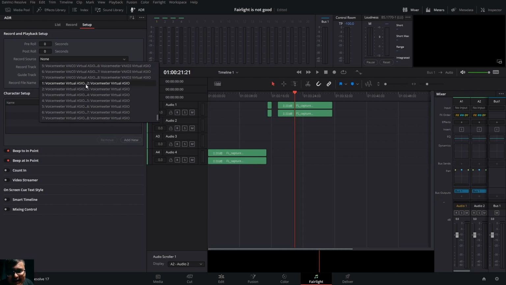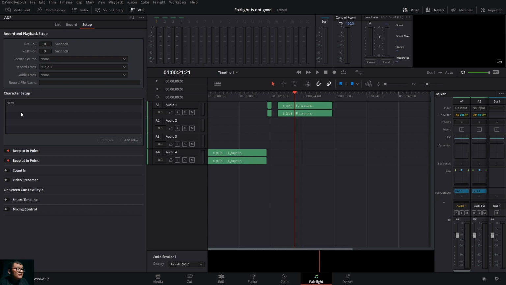But if you are having any interfaces, then it will show like 1 2 3 4 5 6. For example, I have Voicemeeter over here. There might be alternatives to this, but if you get any, I guess probably Pro Tools people or Nuendo people or Steinberg people will know. So if you get anything, please put it down in the comments. Well appreciated. So this was the main issue with the ADR thing.